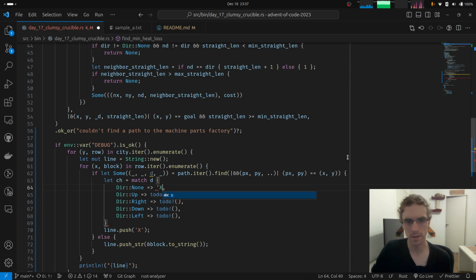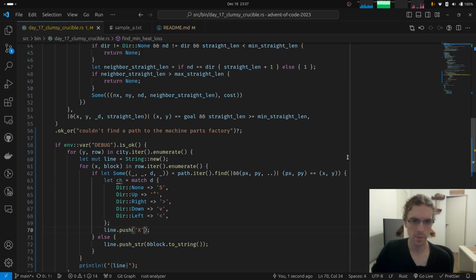If it's none, basically this is the start, so we can just say s. If it's up, of course, it's going to be this symbol, which I never carried. If it's right, a greater than sign. If it's down, a v. And if it's left, a less than sign.